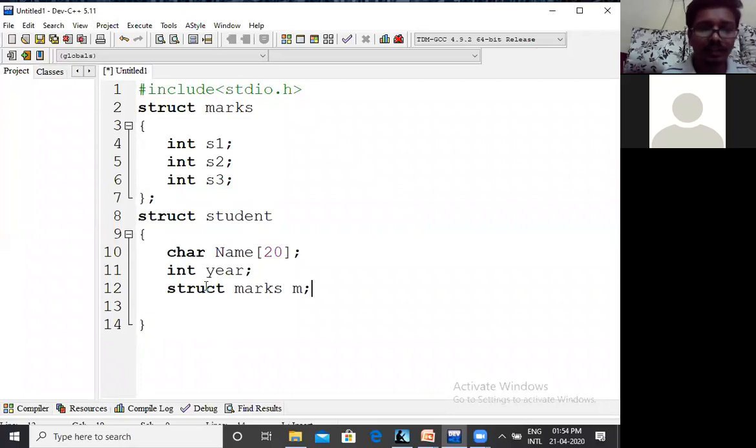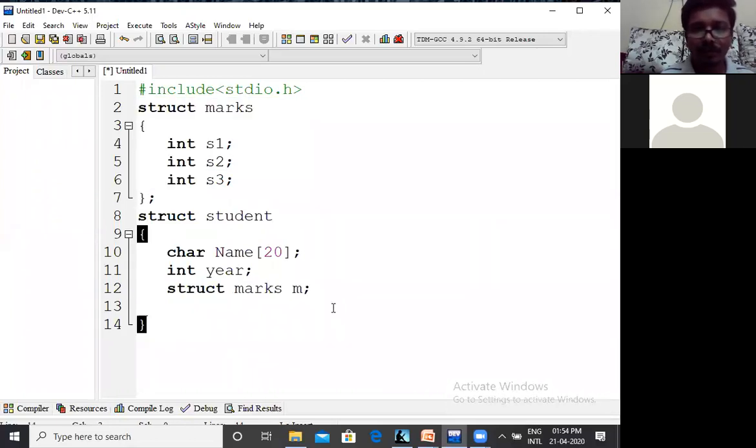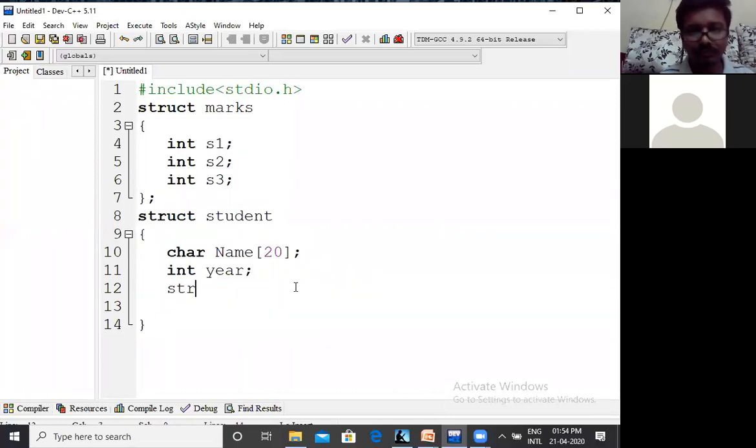So here struct marks is one of the structure which is declared above. Now struct marks m. M is the variable name of the marks.